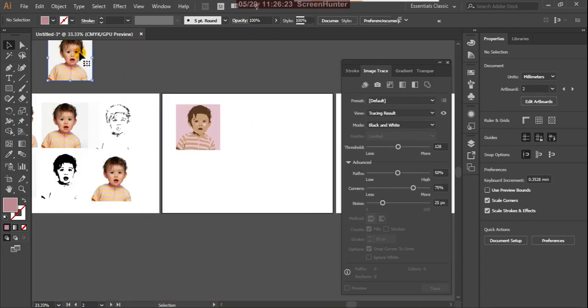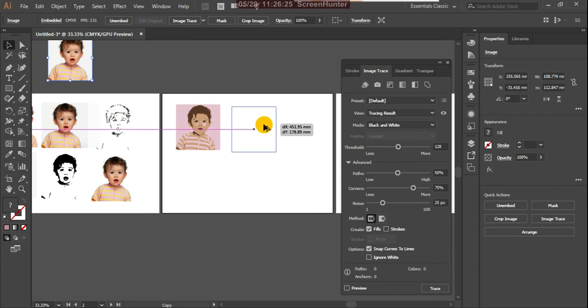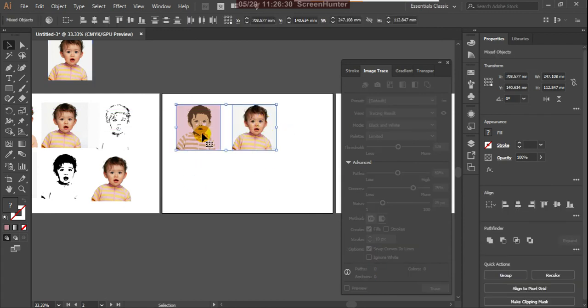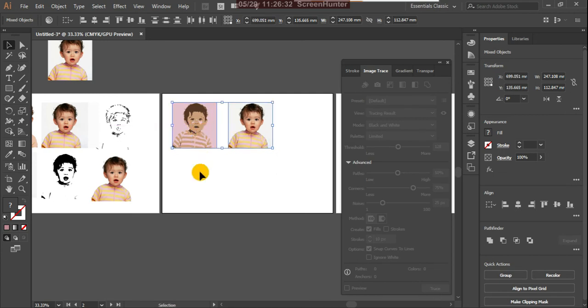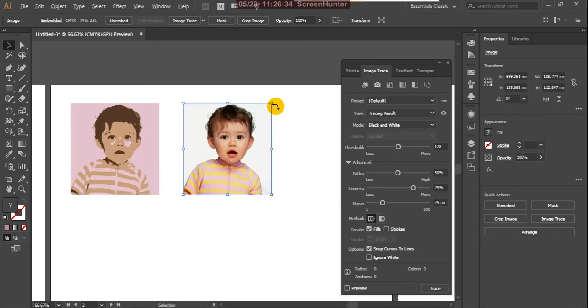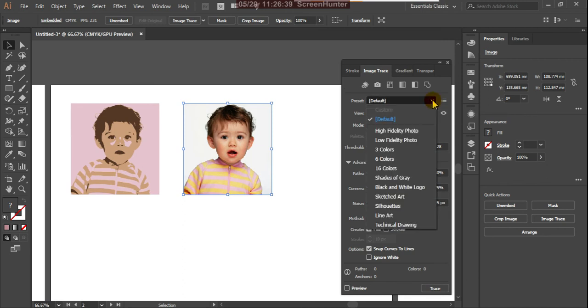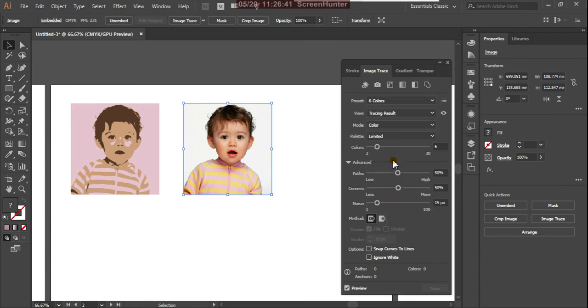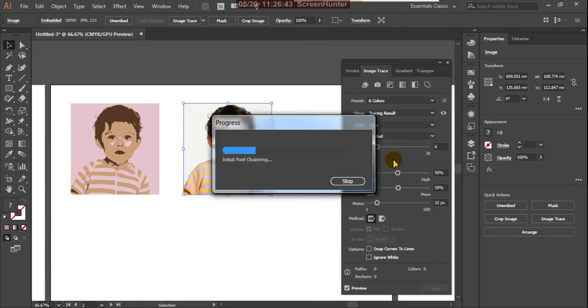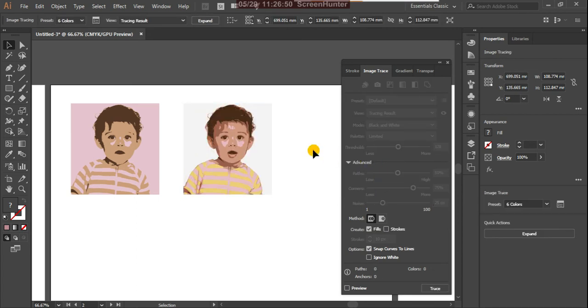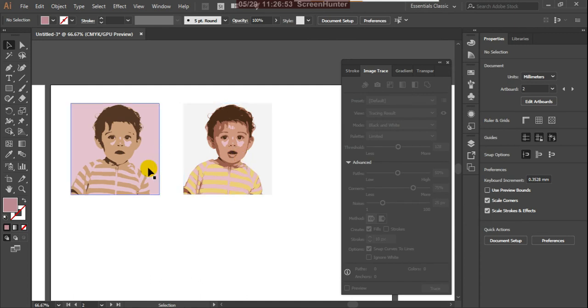Okay, and again take this, get here, and use 6 colors. See, here more colors are added.